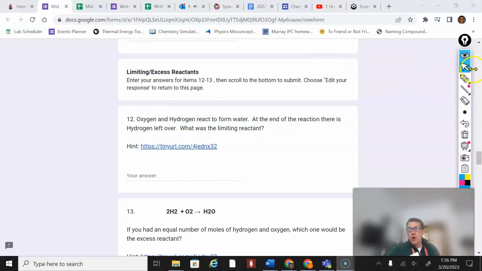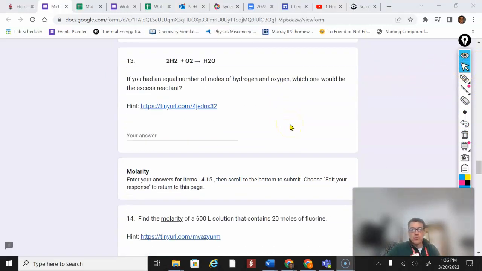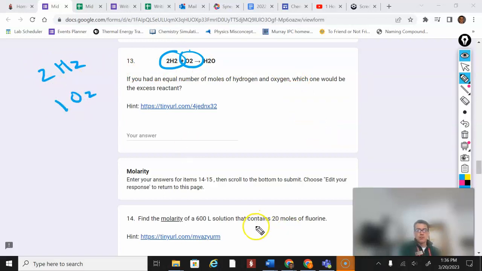Now, we can quantify these things a little bit as well and start looking at numbers. So on question number 13, it says if we had an equal number of moles of hydrogen and oxygen, which one would be the excess? Which one would we run out of? So in this case, the recipe or the balanced equation is I need 2 hydrogens basically for every oxygen. So if we had equal number of moles of each, in other words, we could just pretend, right? We could come up with whatever number we wanted to. What if we had 2 moles of each? Well, if I had 2 moles of each,